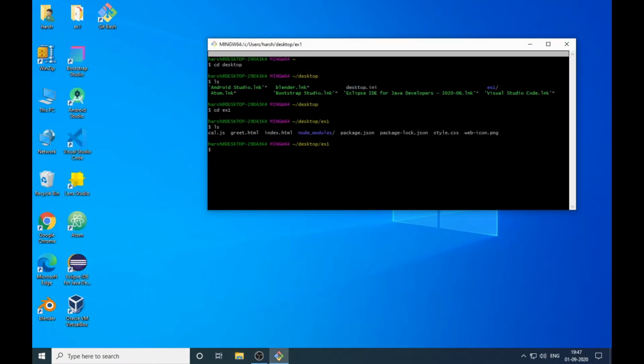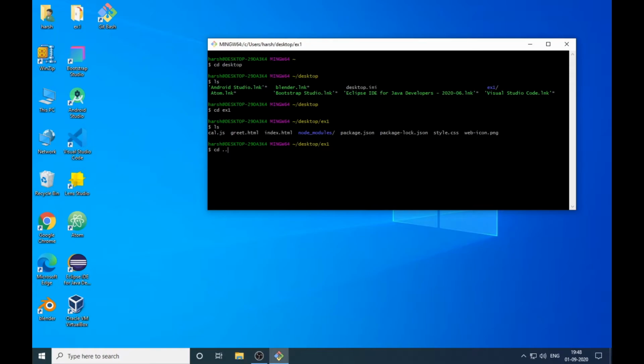So here we have learned two commands. cd is for when we want to go to another folder, and ls is the list of the files and folders, or any software, in that folder. Also, I have made a cheat sheet of Git Bash, which I will link in the description so that you can download it. So let's move on to the third command, which is again cd, with dot dot.